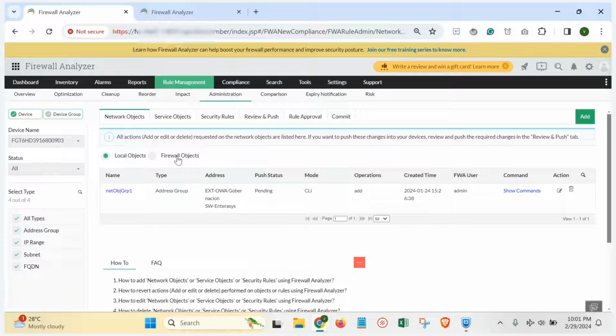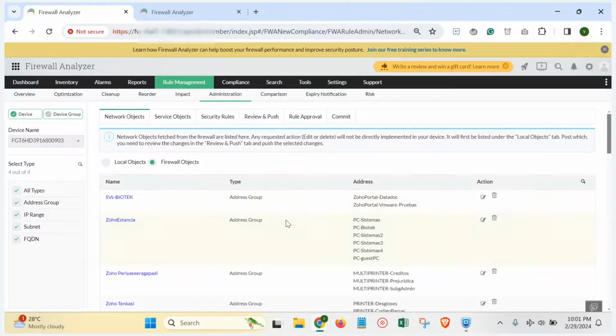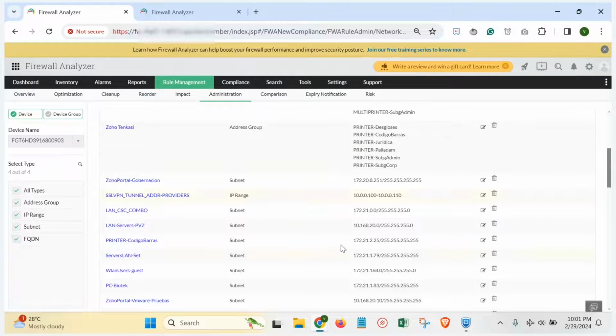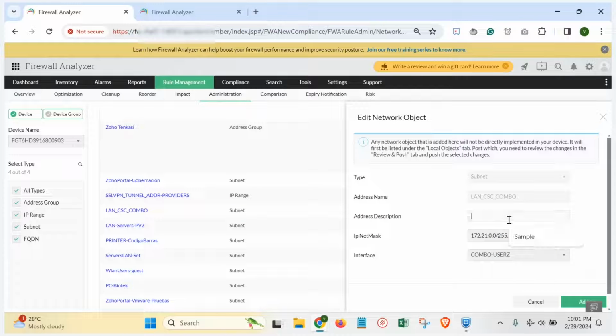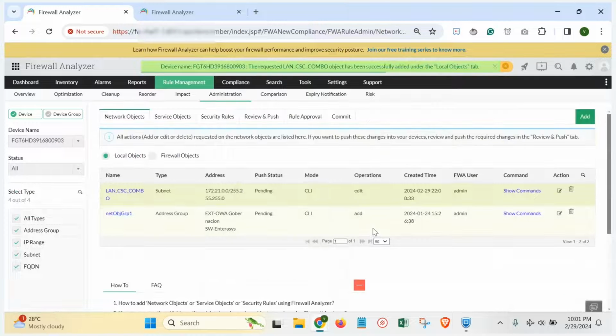And this lets you make changes, which includes adding, deleting, or modifying network objects, service objects, or security rules. So let me show you an example. Let me edit an object rule from over here. Let me choose this particular edit, and simply add an address description for the sake of demonstration. Hit add. As you can see, when I click on add, this change doesn't get directly pushed